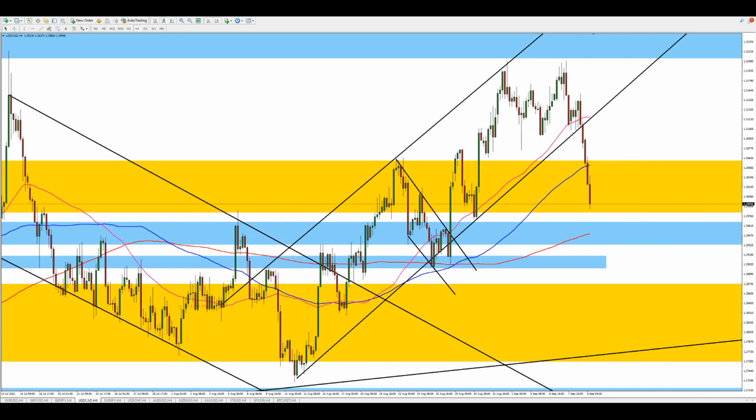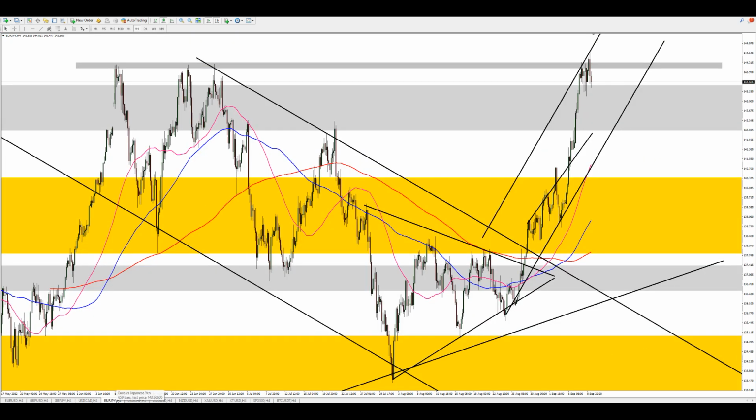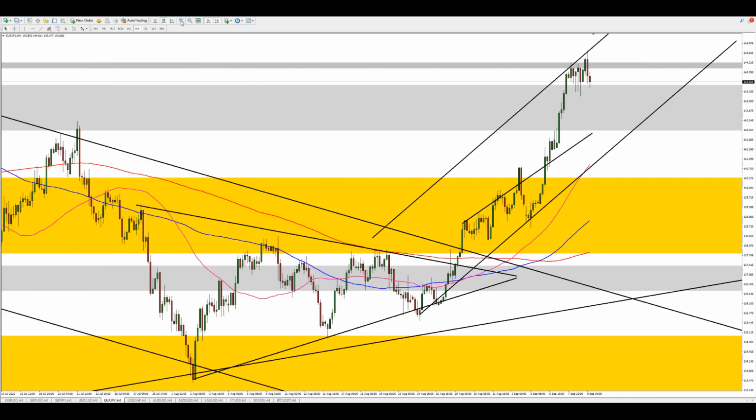All right, let's look at the next currency pair, the euro Japanese yen. The euro yen has been making serious moves lately. Across all yen pairs, we've been seeing a series of movements, rallying and rallying to the upside. Of course, we can see that we have hit a level of resistance here. We're in a small range here, but overall we are in a channel that is moving to